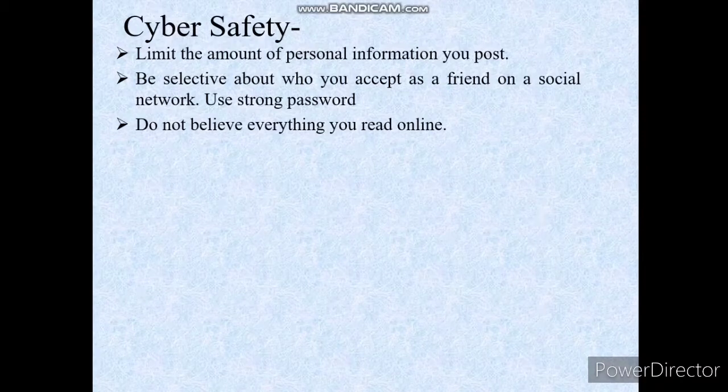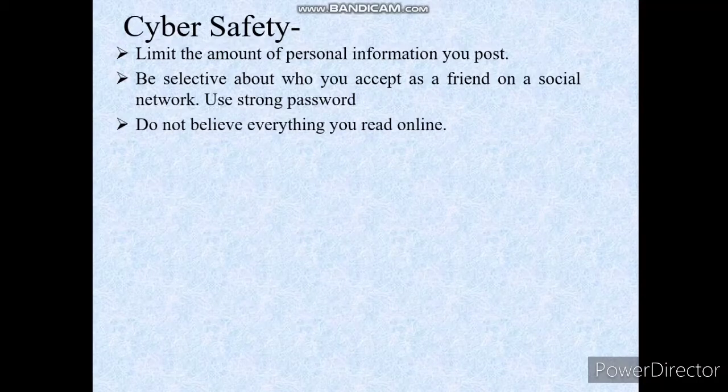The content you read online may not be true. You must check the original document or information where available, right? Don't believe the content which you read online. The information may be fake. So be careful. Don't believe